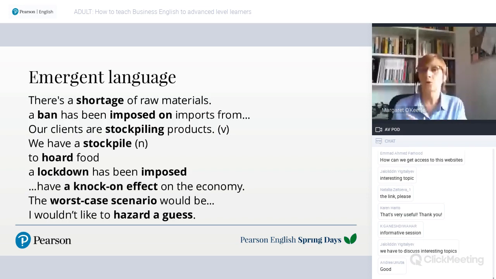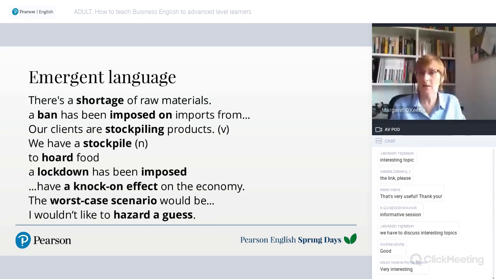It might be that a student has used a good phrase or a good word, and the teacher thinks, oh, that's a useful phrase or word for the rest of the class to learn. I'll put that on the board, I'll make reference to that so they can use it as well. And the other source is the teacher. It might actually come from the teacher, where you think this might be a useful little expression that students might want to use. This is the emergent language from my last face-to-face classes on the 2nd and 9th of March